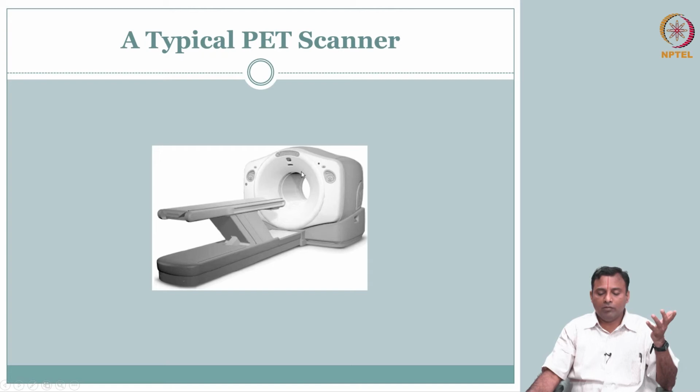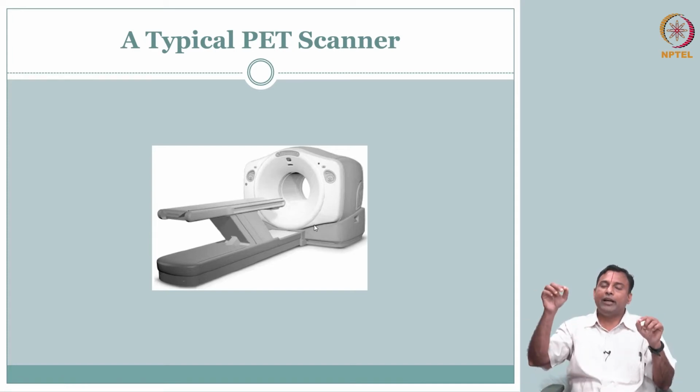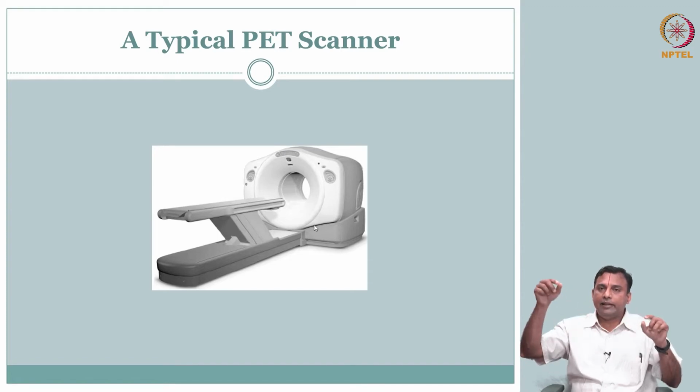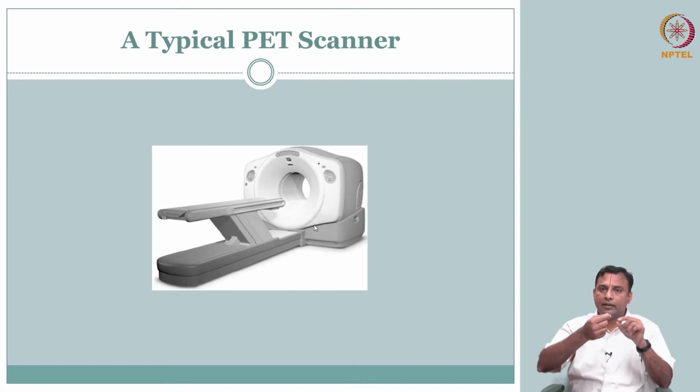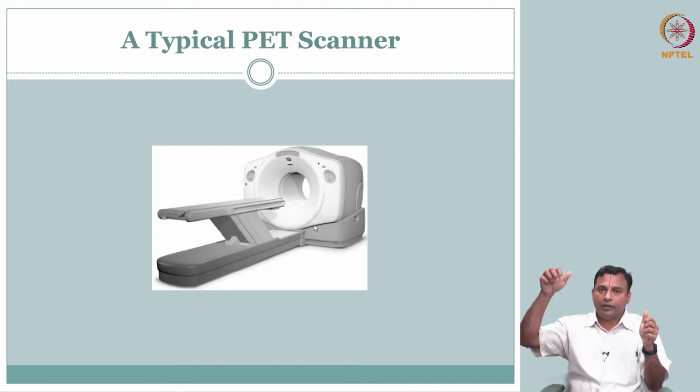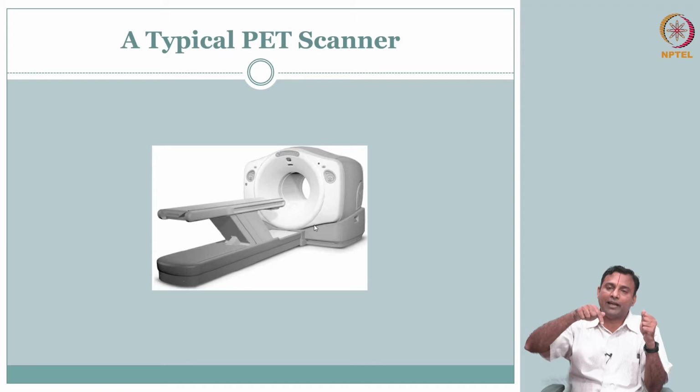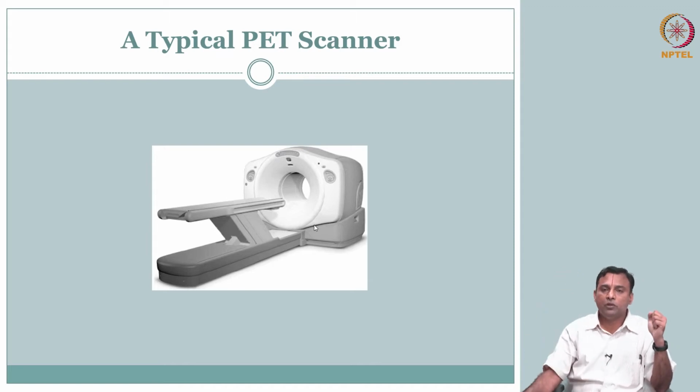I mean, at least you have a bore, you have a gantry, and then the patient table can go in and come out. So very similar, but what is inside, apart from the detectors? We talked about there should be some way and mechanism to detect this 180 degree coming. So they have a decay, they go in two different directions. So if I catch photons in two different directions, is it simultaneous, is it coming from the same activity? That judgment we should be able to do.